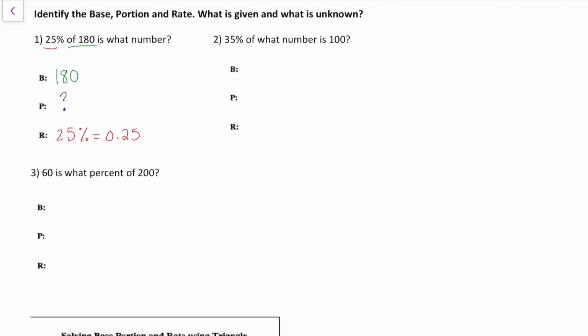Okay, so again, the first thing that I like to do is to find my rate. So I have 35%, and to get in the good habit of writing it as a decimal, I'm going to do it right away, and I get 0.35. Now this question is saying 35% of what number is 100? So 100 is telling me that 100 is equal to 35%, and I'm asking what is 100%? And so that's telling me that 100 is my portion,